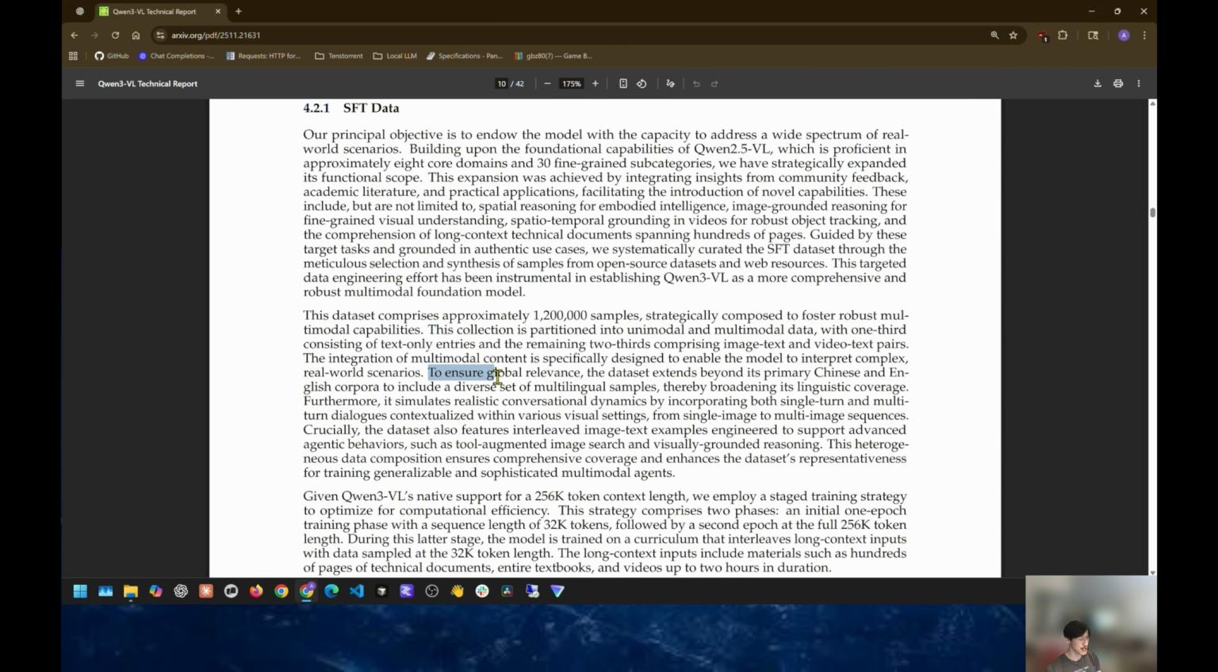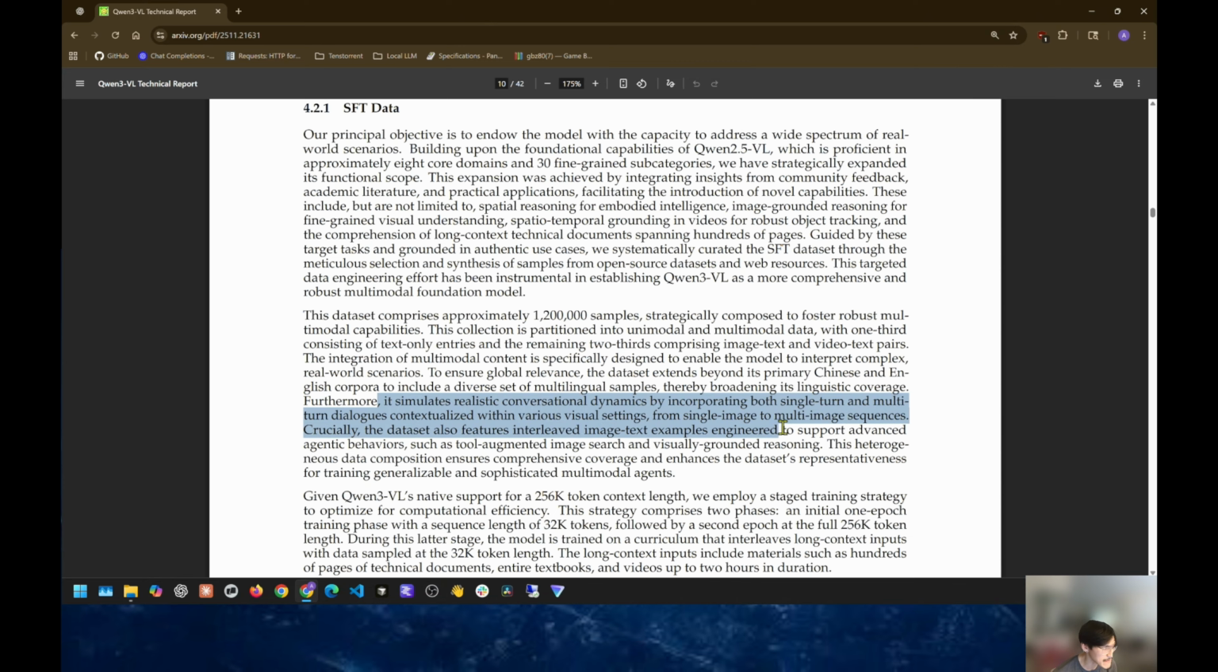To ensure global relevance, the dataset extends beyond its primary Chinese and English corpora to include a diverse set of multilingual samples, thereby broadening its linguistic coverage. Furthermore, it simulates realistic conversational dynamics by incorporating both single-turn and multi-turn dialogues, contextualized within various visual settings, from single